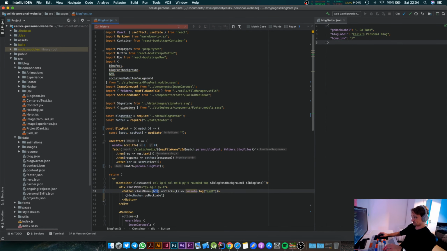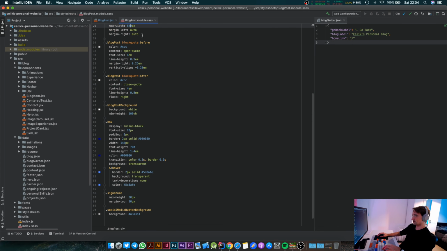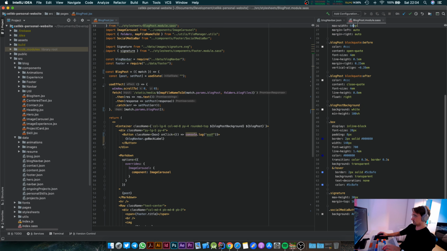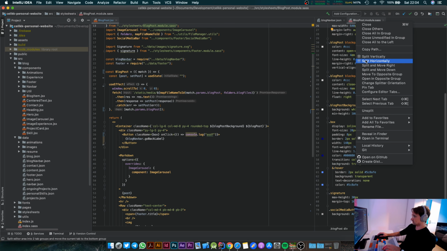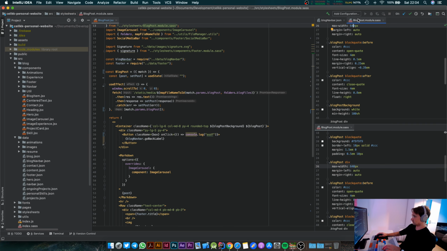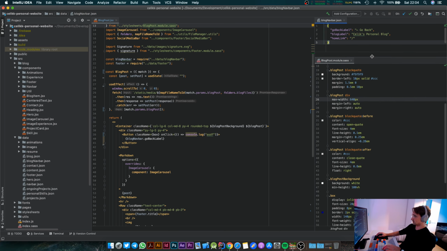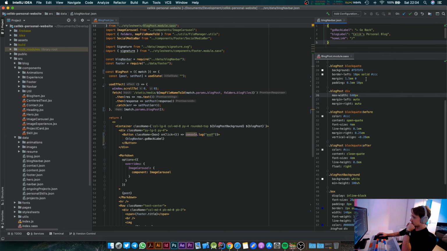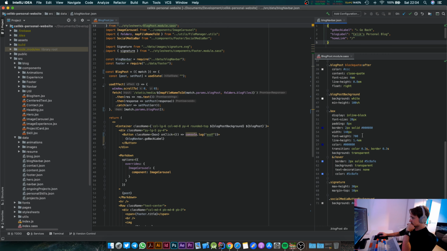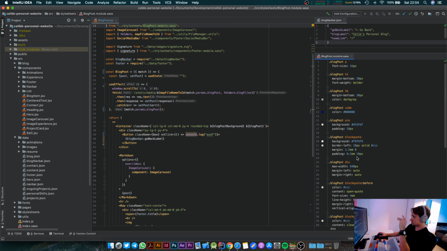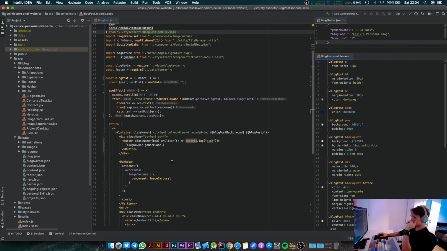So let's see where this box style is coming from first. It's coming from BlogPost module.sas. That's not that one, but let's drag this one to here. Split these horizontally. Close that one from there. Extend this a tiny bit. Okay, so there has to be, yeah, boxes here. And button style is coming from Bootstrap probably. So if we change the button to a link,